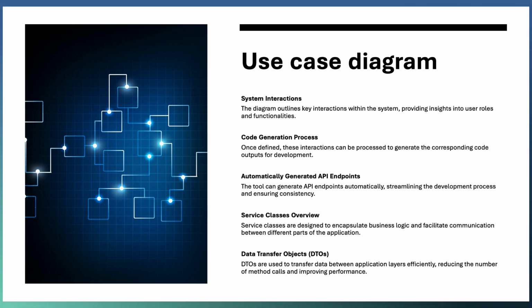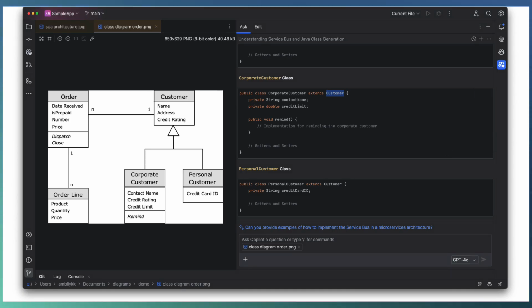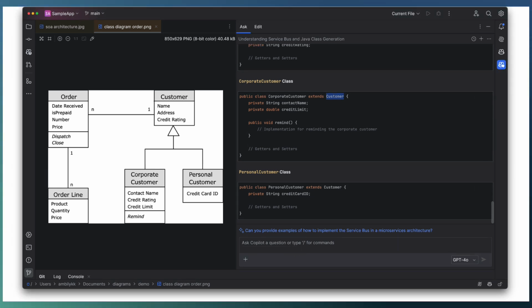So code generation out of this provides two angles. One is it defines the actors, and also it defines the basic structure of each of the methods in our use case. So that's why we are going to convert the use case diagram into an API layer. So again, removing the class diagram and adding a use case diagram this time.